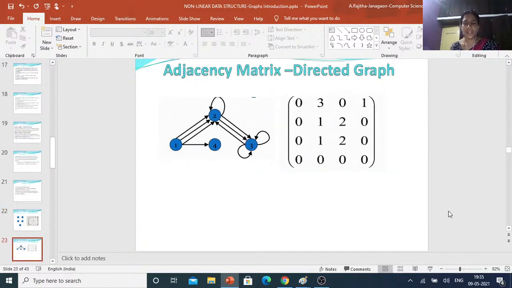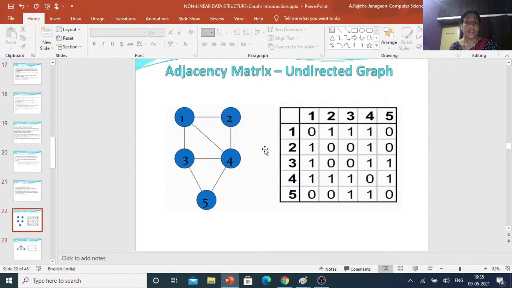Now this is the adjacency matrix for an undirected graph. That's why the 1 to 2 edge is there, and the 2 to 1 edge is there. How many ones are present here? Counting the edges, 1, 2, 3, 4, 5, 6, 7, there are 7 edges. How many ones are in the matrix? 14, because 1 to 2 is one entry and 2 to 1 is another, so every edge is counted 2 times. That's why 7 edges are there in this adjacency matrix.